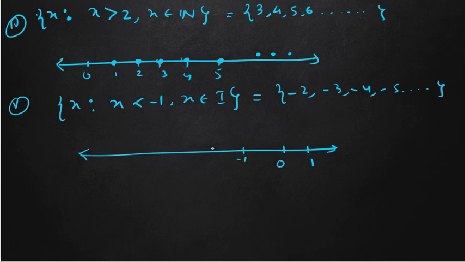So suppose this is our 1, this is 0, this is -1, -2, -3, -4, like this. Okay. So we need to just circle from -2. So -2, -3, -4, and all the numbers will continue after -4 or towards the left. So we have to just put 3 dots over the real line. So this will show that the numbers are still continuing towards the left. Okay. So in this way we can plot the graphs of a subset where we get individual constant values, -2, -3, -4, like this.